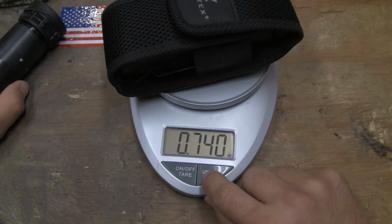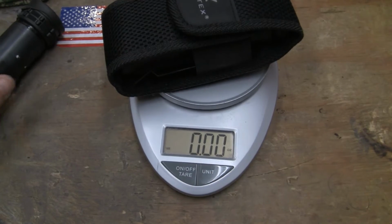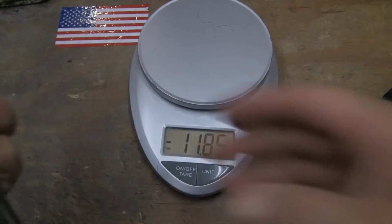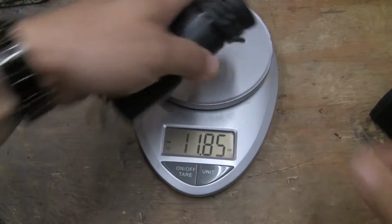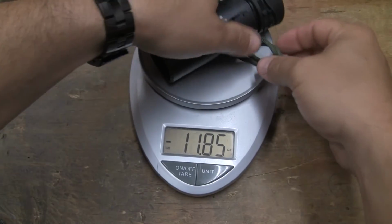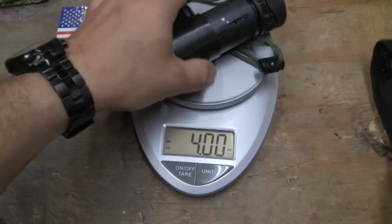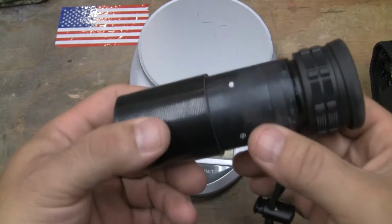And 0.74 pounds. Let's go back to ounces. We're going to tare this out, which basically gives us a negative reading. We're going to put what our modified one weighs, and we basically cut 4 ounces off this piece of equipment and made it more concealable. 4 ounces, of course, is 1/4 of a pound, folks. So I took 1/4 of a pound from here to here, and this is something I can easily put in